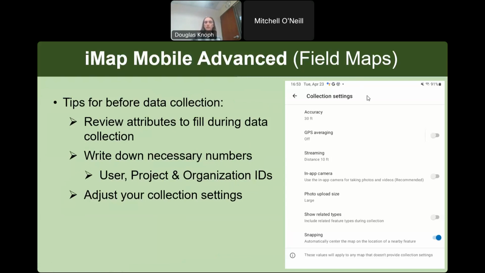Before you go out into the field, review all the attribute tables to make sure we know exactly what we're going to be collecting. Practice doing that in the office or in the field before doing surveys. Writing down any numbers that are necessary. So for things like creating searched areas, you'll need organization IDs and any project IDs that you'll be submitting data to. And then for taking the data in those searched areas, you'll need your iMap user ID for each point that you're collecting. And then also going through your collection settings on either your phone or tablet, whatever you're taking data on,